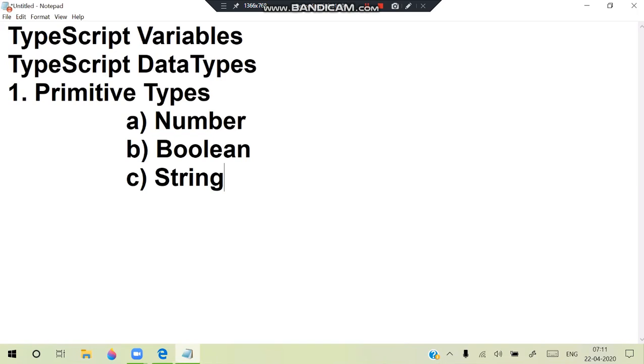Last session, I gave an overview of how we can represent strings: string in double quote, string in single quote, and string in backticks. These are the three options. What's new is string in backtick. String in backtick allows you to define a string along with an